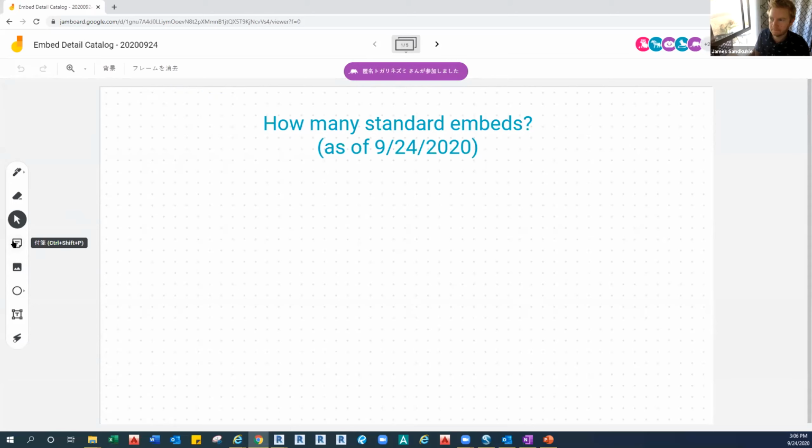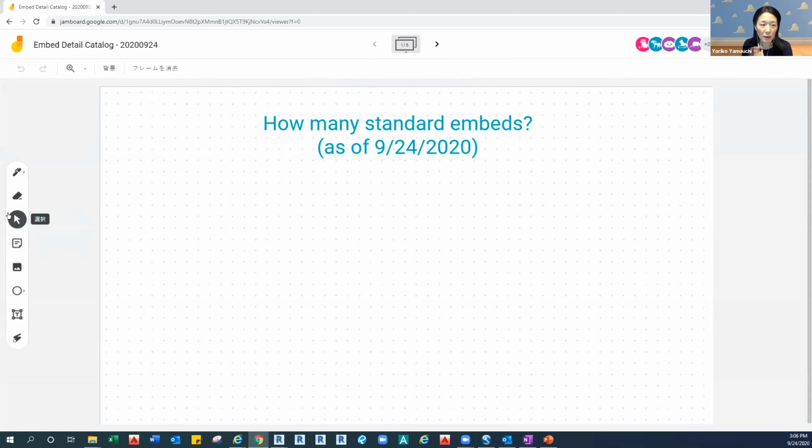Appreciate it. All right, so I'm going to use this Jamboard. The link is under the chat, so feel free to use. Feel free to add your question, idea, any input, or any feedback, suggestions on this Jamboard during the class. Okay, so I do have a few questions at the beginning of this class.